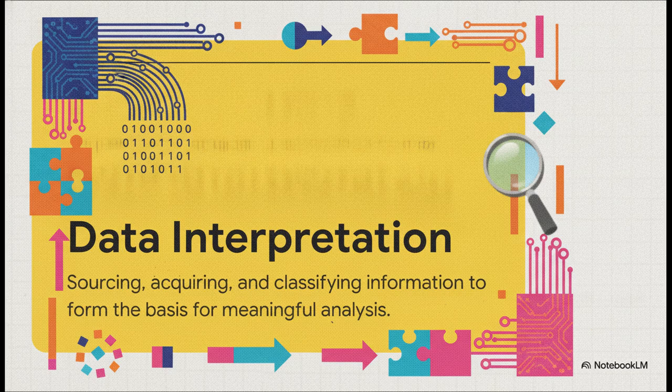So this triad is basically the ultimate solution for taking raw information and transforming it into something we can actually use. Because let's be real, data interpretation doesn't just happen by magic, right? It starts with a very deliberate, foundational process. If you want to perform any kind of meaningful analysis, you absolutely must understand how your information is sourced, how it's acquired, and how it's classified. Think of these three steps as the unbreakable foundation of literally any factual claim, whether you're looking at a global medical breakthrough or just trying to figure out which used car to buy.